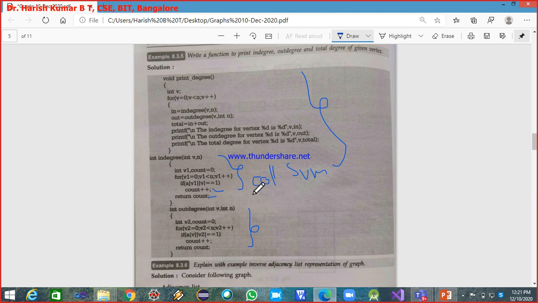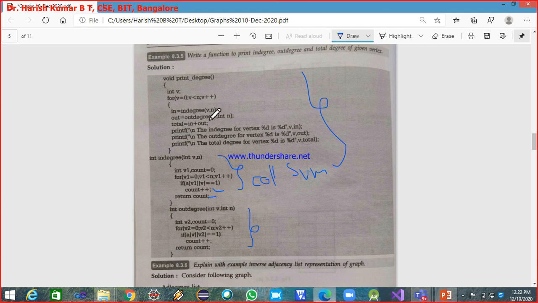Or otherwise, since it is represented as 1, you can even sum all the column values. If you sum them, it will give you the in degree, and if you sum the row values, it will give you the out degree. But what we are basically doing here is taking the count and incrementing it whenever the value is equal to 1. Next, printing the degree.